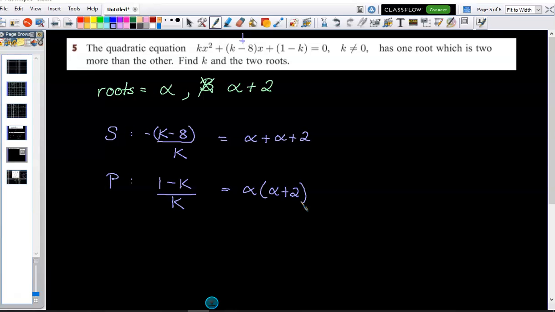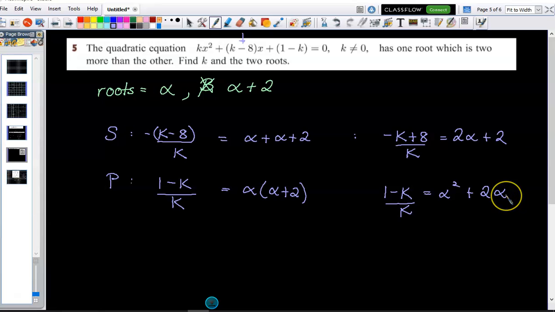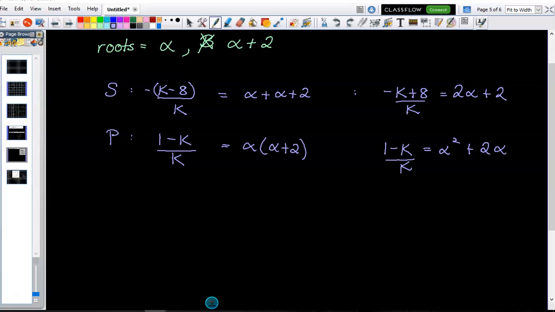You're going to have to do simultaneous, but unfortunately, it's not just ax plus by, whatever. You're going to have a squared. So I'm going to be telling you now, you're probably going to have to use some substitution. So this becomes minus k plus 8. Have a look at that. Can you substitute anything? And then you've only got